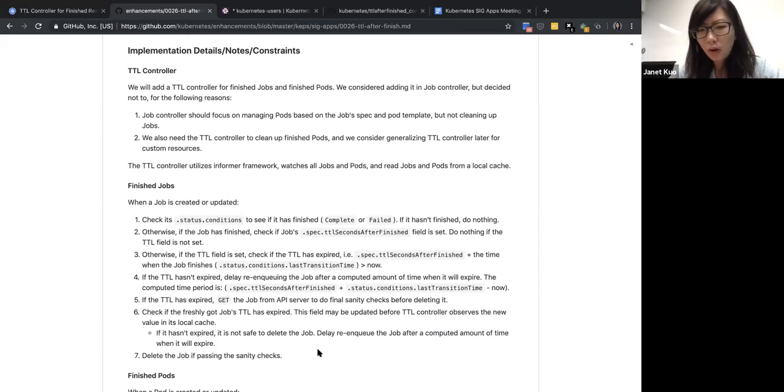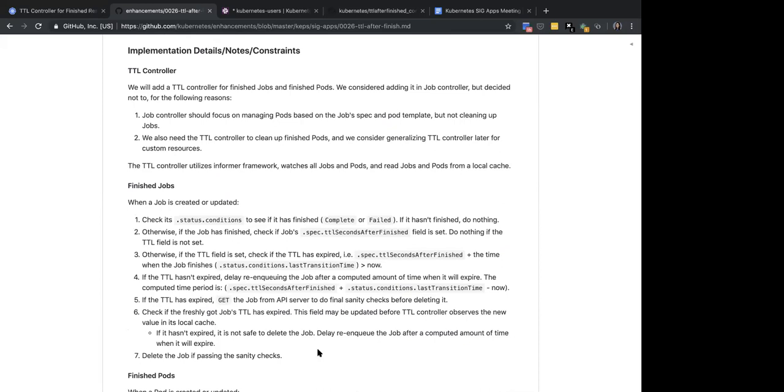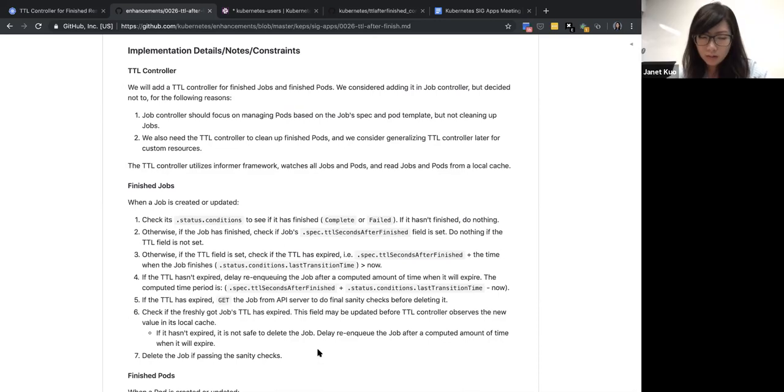Yeah, so that's part of the graduation criteria for moving to beta. Yeah, what I'm thinking is we should probably decide first and then move it to beta. Yeah, I agree.